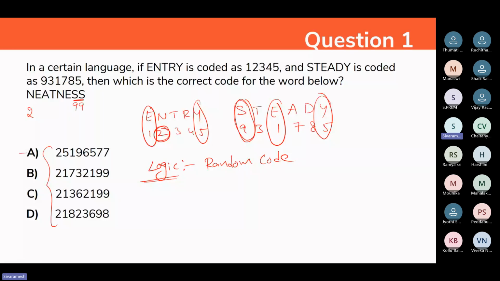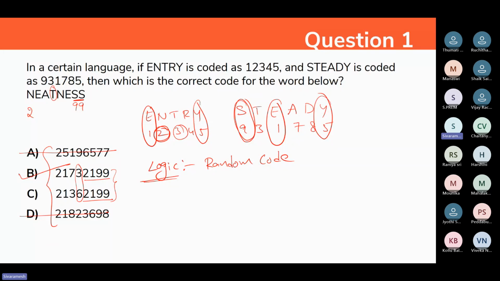So I can eliminate option A and I can eliminate option D because the last two numbers are not 9. Here I can observe the last two numbers are 9 and 9. And if you observe the last four numbers, 2199, 2199, here the code is getting changed. In this particular place, I mean the fourth letter, here the fourth letter is, sorry, T. So what is the code for T? 3 means 3. So obviously my answer will be option B. No need to look for the entire word.